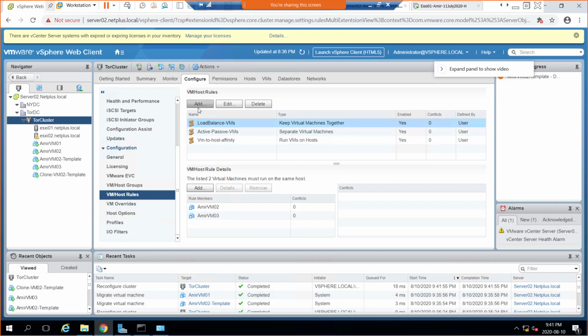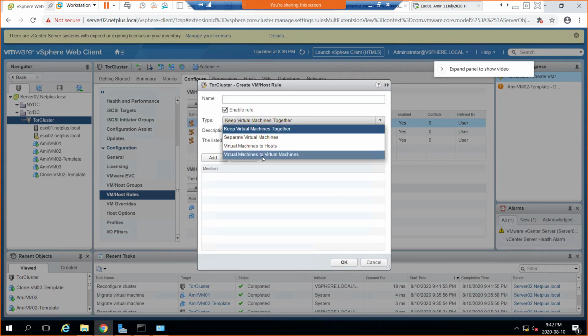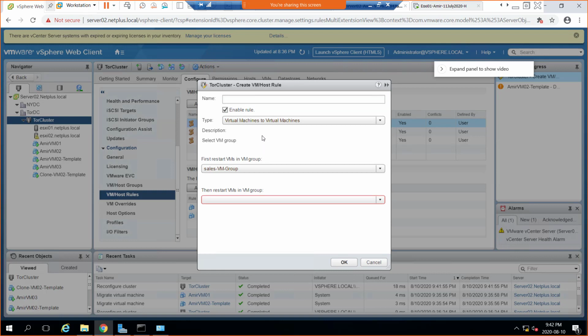And then we go for add for the fourth rule here as well, and let's click that add here. What's the fourth rule here? It's virtual machine to virtual machine. If you select that, first of all, go ahead and select that, right? What do you see there? You see there, if there is first group of machine, obviously we don't have a second group, we didn't create that second group, that's why it's not showing there, but it's okay. But it says first restart VMs in this group, then restart VMs in this group. So you get the idea right away that it's a restart